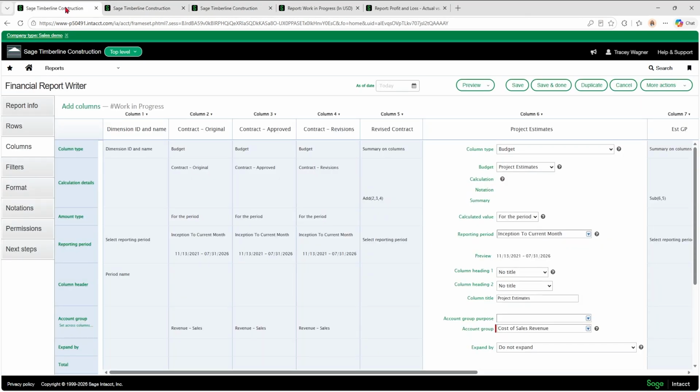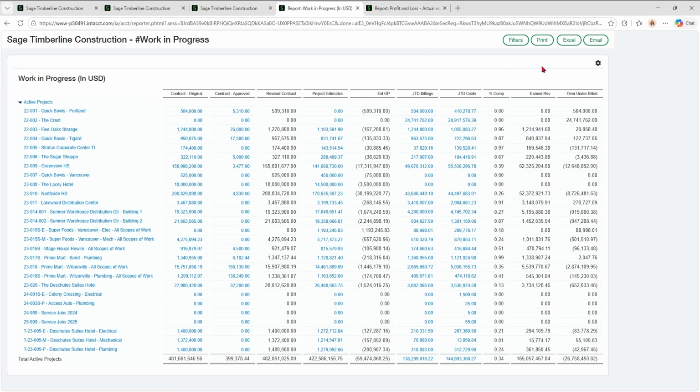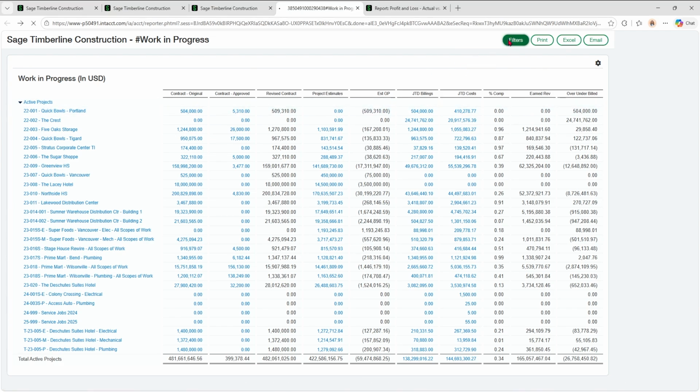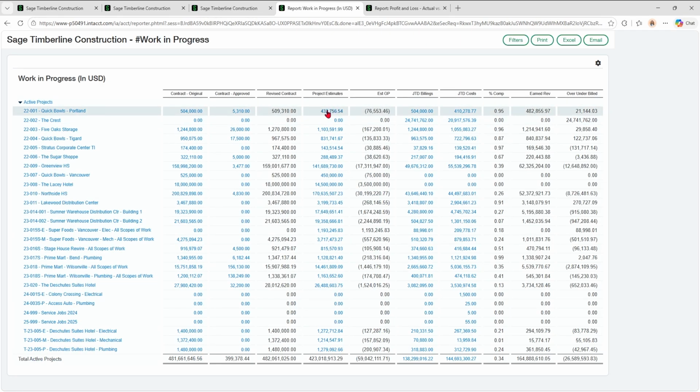if I can figure out where I'm at, you can see here we've got the project estimates. And I don't think I can preview it from there. So we're going to refilter this. We've got zeros here, but now that we have updated that, we should be good. Yep. That's pretty much it.